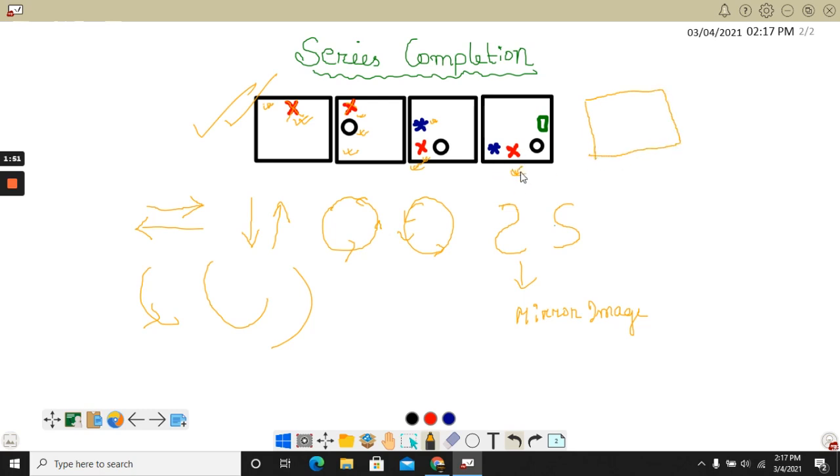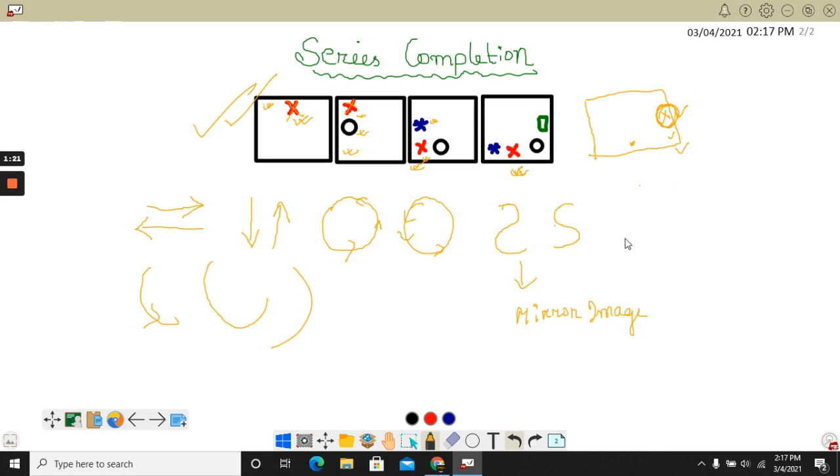That means if we are drawing an answer figure, this cross is moving one step here, that means if it is here, then in the next one it will be moving two parts, that means not here, it will move here. So it will take two steps, one step and the second step, that means in the next figure, in your answer figure, your cross should be here. And as per the question, you will be given options, and you will be asked which answer figure is the correct one.